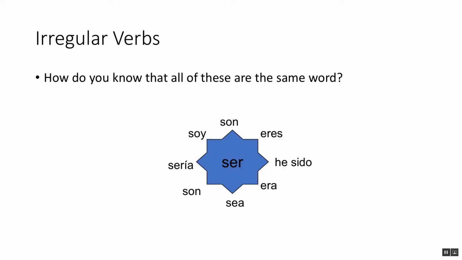Now, think about this. How do you know that all of these are the same word in Spanish? You'll see here in the middle of the star the verb ser, one of the most frequently used and important verbs in Spanish. And all around it, we have different forms of ser. Son, eres, ha sido, era. All of them are forms of ser, and you know that they are, but they don't look the same, right? They don't have that base form like